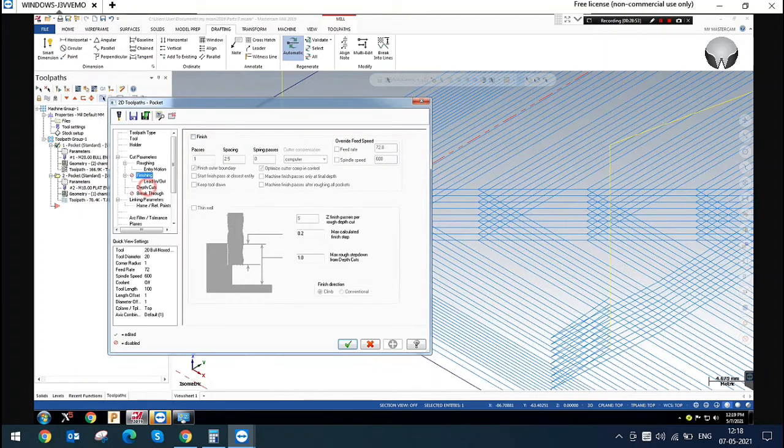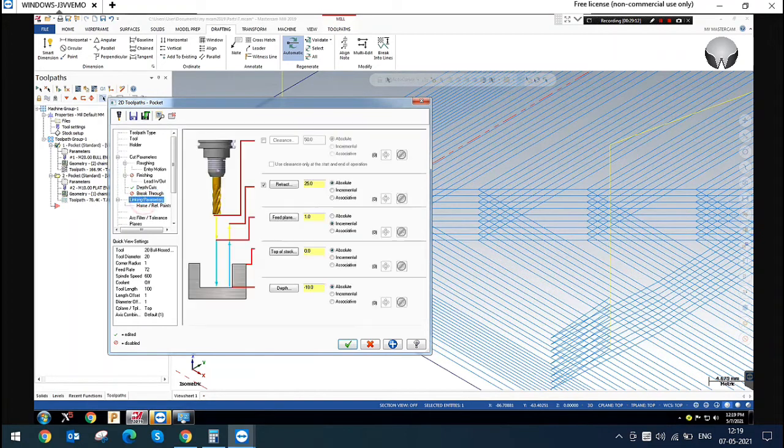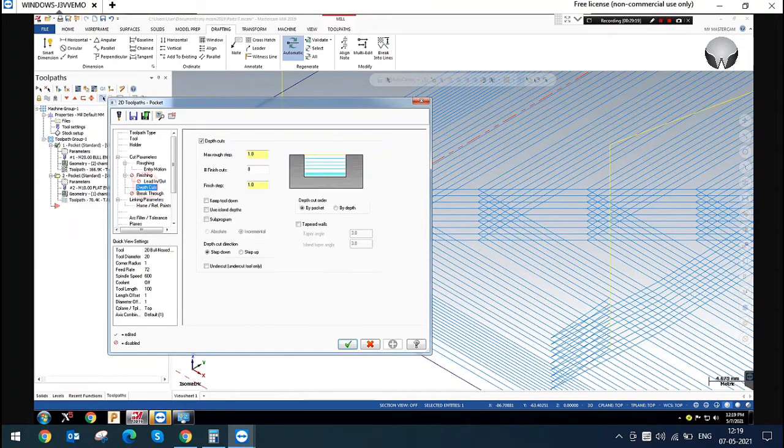Next one is keep tool down. The same rough depth of cut, finish cuts, keep tool down, subprogram option, depth cut order by pocket by depth, same. The taper walls are the same. We have to see only the use island depth. The breakthrough is the same and the linking parameter is also the same. We have already seen contour by depth, the same option.